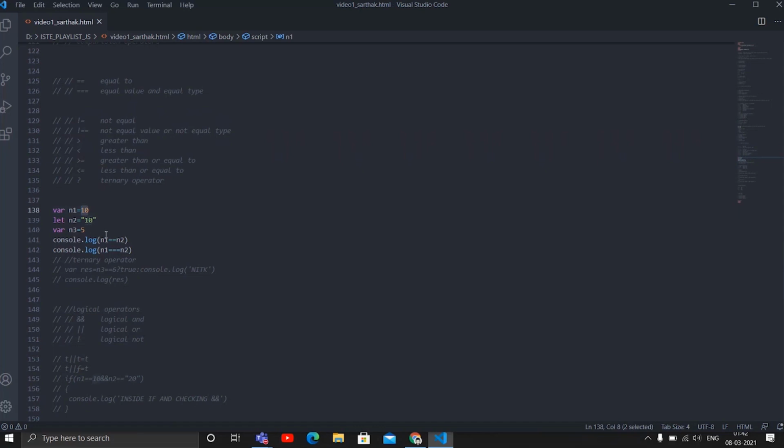So string 10 equals string 10, and the resultant output will be true for us. Whereas n1 triple equals n2 uses three equal signs, which means apart from value, the type also should be the same. But since the type of both of them is different, we will end up getting false over here. Okay, so let's see in our console.